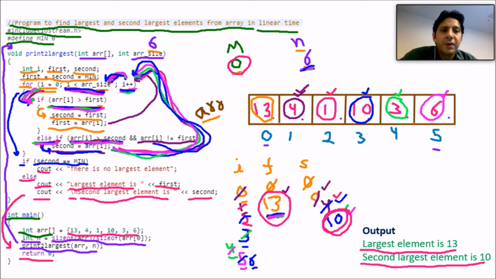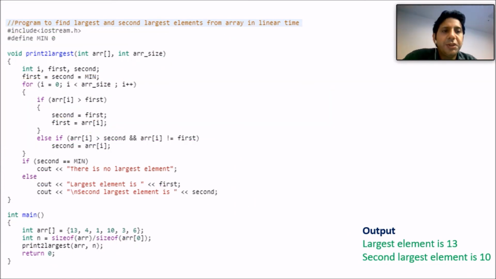Program is over. Now we are going to check the complexity of this program, and we will ignore all the constant time complexity because that is 1 and that will not be counted into the complexity. So constant time complexity doesn't affect the main complexity. First of all, the header file is included, constant time, then minimum is defined, constant time.